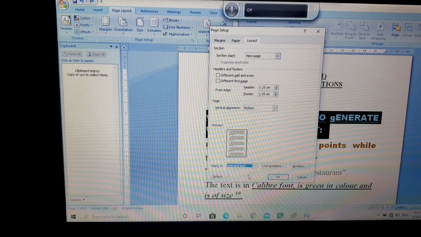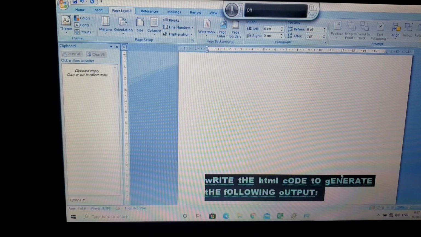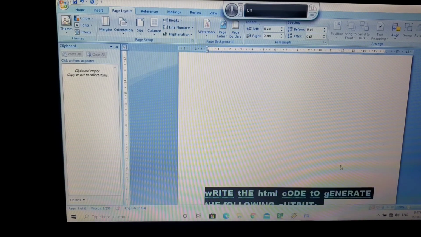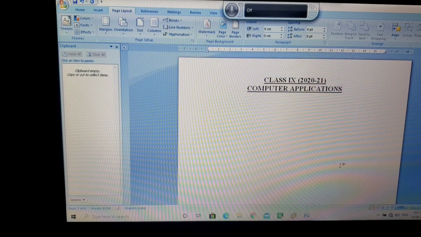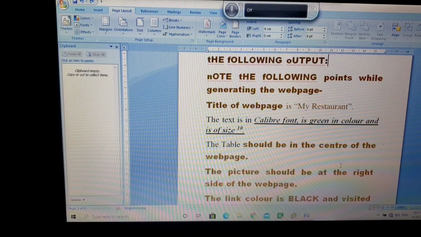That is up to you. I will choose the selected text and then click on OK. Now see how it is aligned. Because this is vertical alignment, that's why it is occupying your whole page. Could you see this? Now it is occupying the whole page. Okay, so this is how you can have vertical alignment in your document.